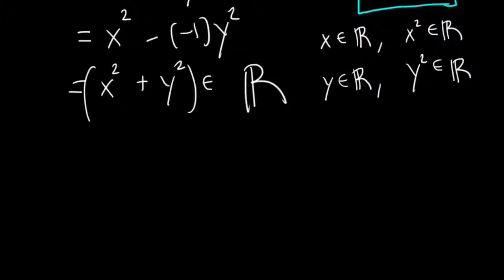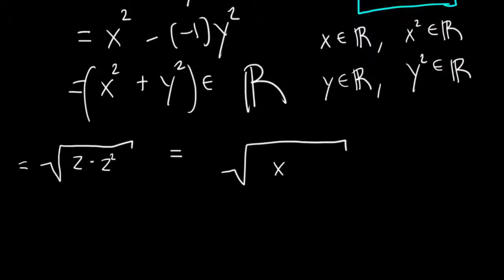Now, with what we know over here, what would happen if we were to take the square root of z multiplied by its conjugate? Well, the square root of z being multiplied by its conjugate is going to be the square root of x squared plus y squared. We see this right here. This is clearly going to just take this over here and put it down here because we know they're equal to each other. So this is going to be